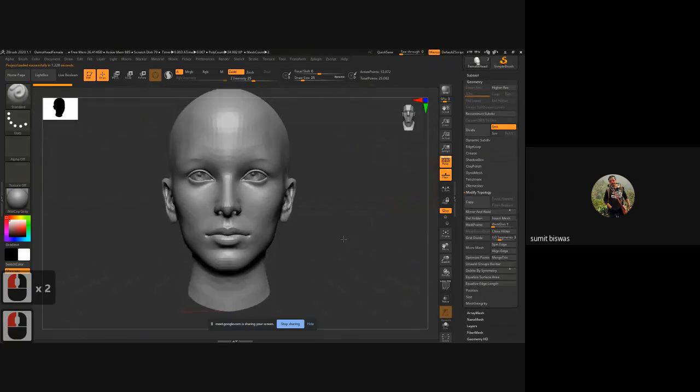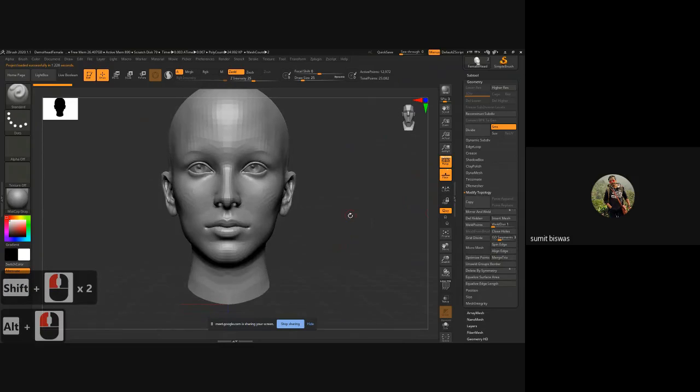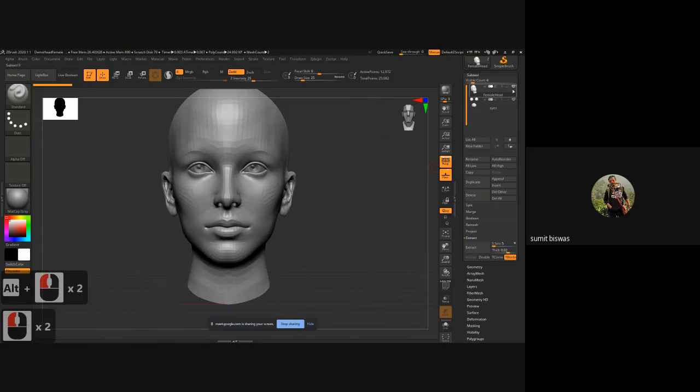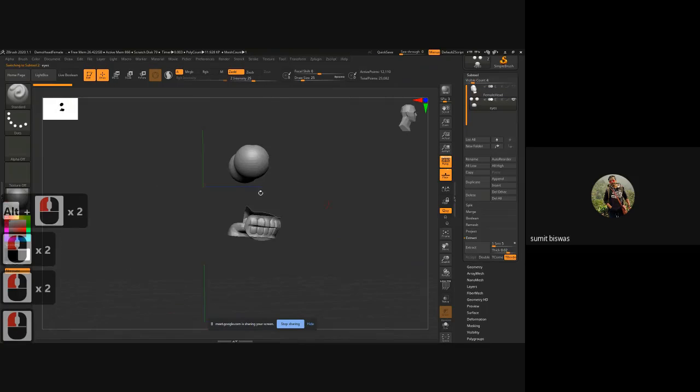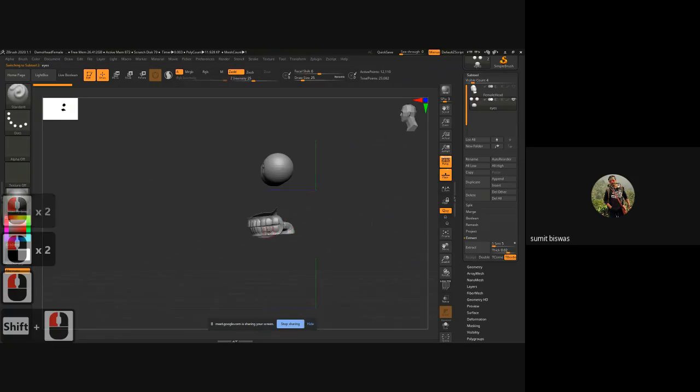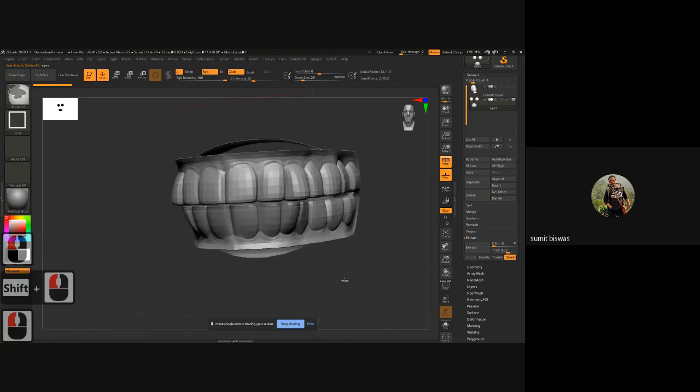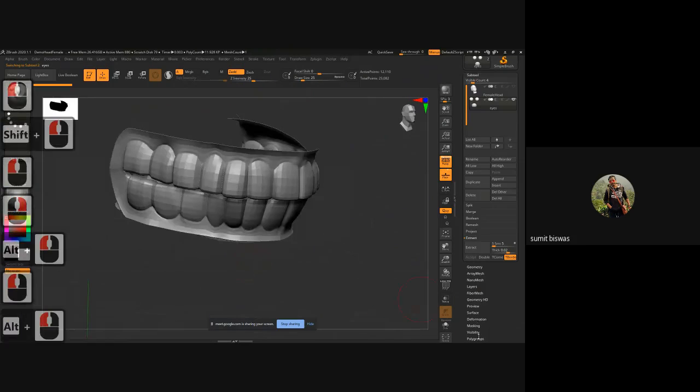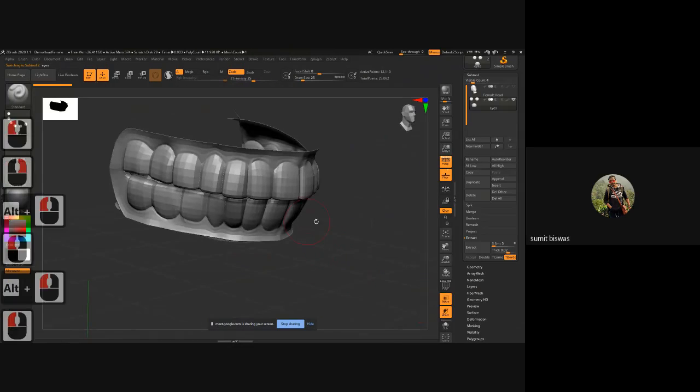Suppose this is the basic default model already available in ZBrush. So if you see, this is how the entire model works. If you just select this and hide this one, you can see you have both the eyes, separate eyes, plus the denture. Then inside this, if you press this, transfer,